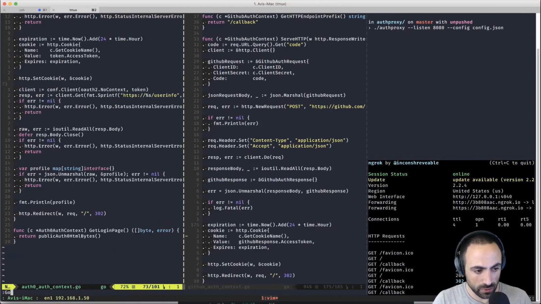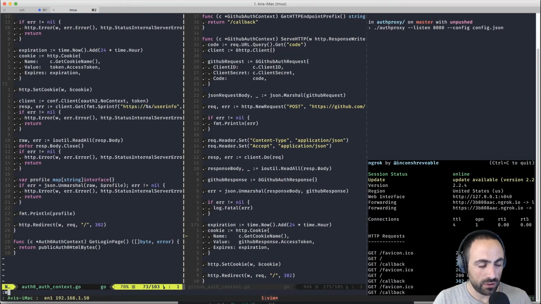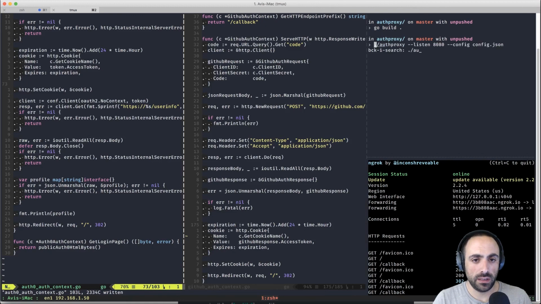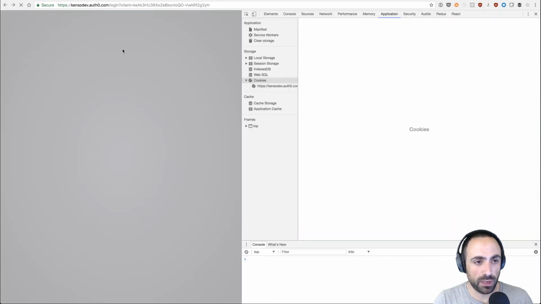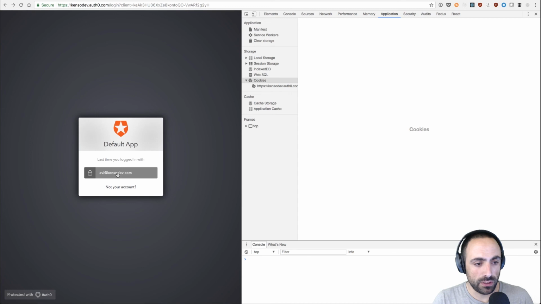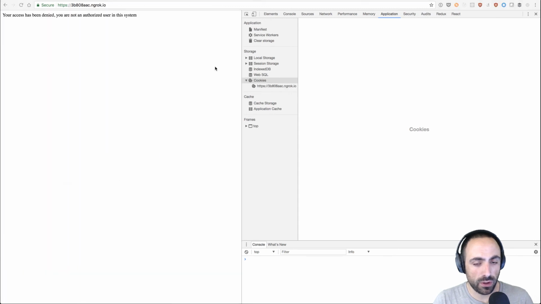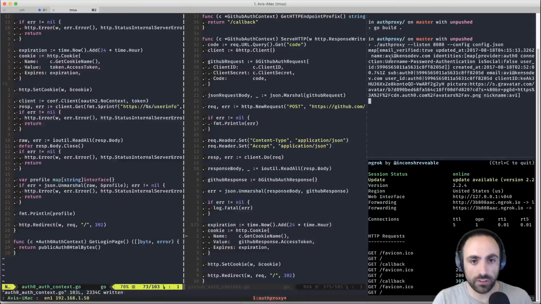So now goimports. Awesome. So now build and run the auth proxy again. And what I should see is after login, I should be able to see my profile. So let's go ahead and log in. I get the callback.